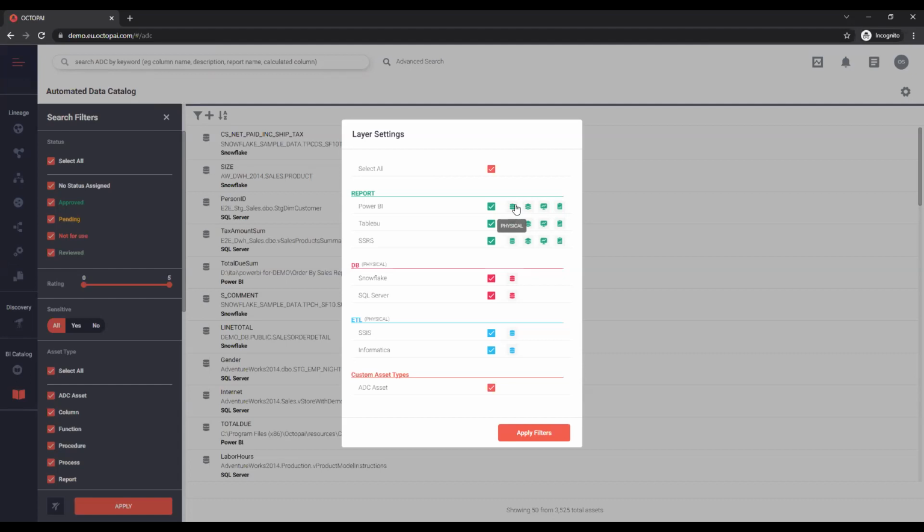So you can see that every user has their own type of assets and layers of assets that they would be interested in using. Octopai enables focusing exactly on the type of asset that you're interested in, which is super important because in an average catalog, to give you an idea, there are going to be around 1 million assets. That means you've got to have good capabilities to focus on the assets you're interested in, be able to search through them, filter through them, and we're going to go through that in a moment.